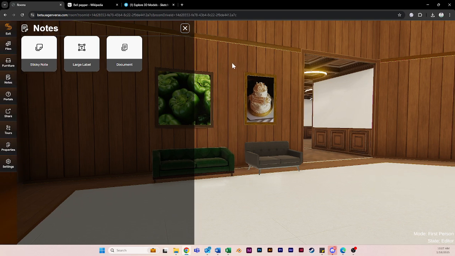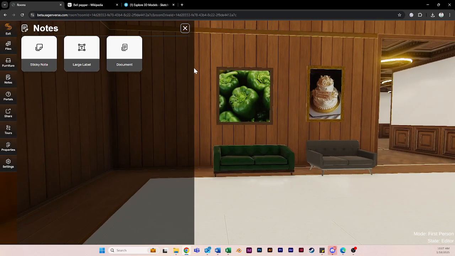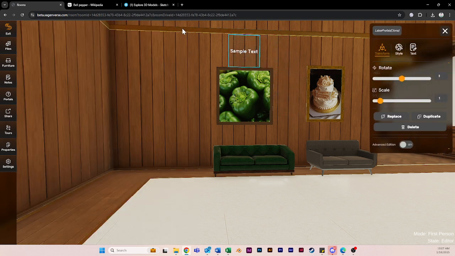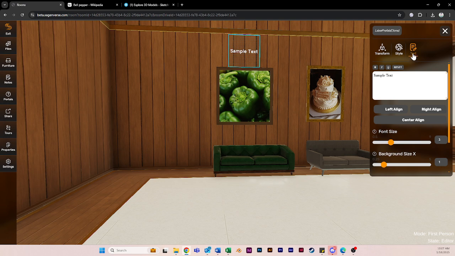Notes are essentially editable text fields or text labels that you can put into your space to do things like signs or placards. So let's start with a label, and when we drag our label into the room, it creates a box with some sample text, and then it gives us the same editable menu here that we've seen with other objects. If I click on the text tab, I'll be able to go into the sample text and type in